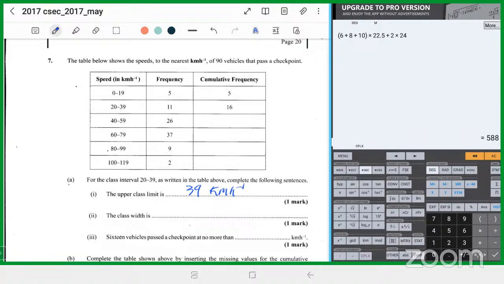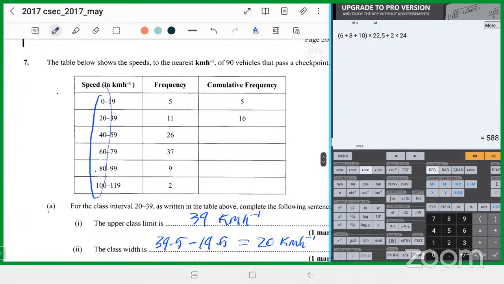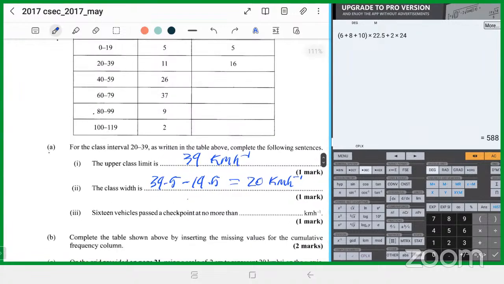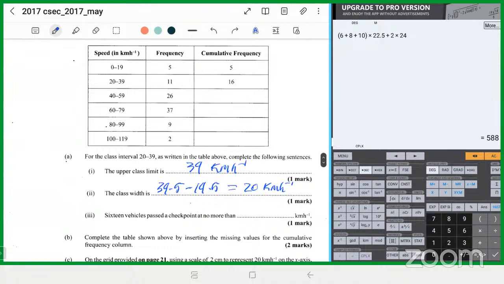If you were to calculate, you're still supposed to get 20. So it will be 39.5, that's the upper boundary, minus the lower boundary, 19.5. The width is the difference between the upper and the lower boundary. It works out to 20 kilometers per hour. You could also know the width by seeing that all these lower limit values are increasing and all these upper limit values are increasing. So it's 20. Next one says 16 vehicles, that's this cumulative frequency, 16 vehicles pass the checkpoint in no more